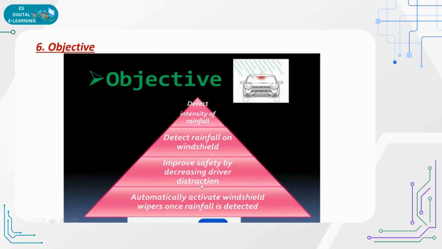Yes, ma'am. Okay, our main objective of the wiper system is to automatically activate the windshield wipers once rainfall is detected, and moreover increase the safety of drivers, and it should also improve visibility, so whatever he is able to see should be clear, and